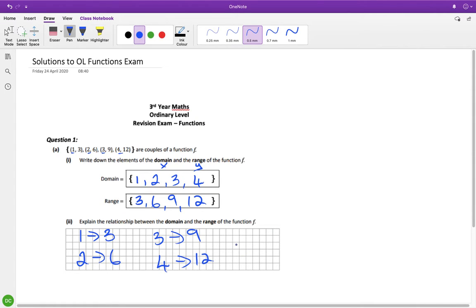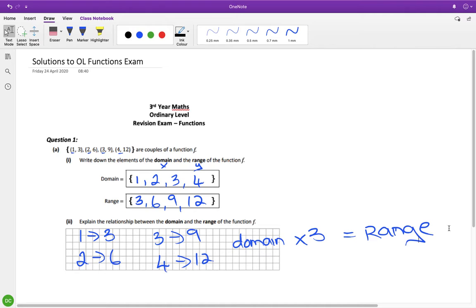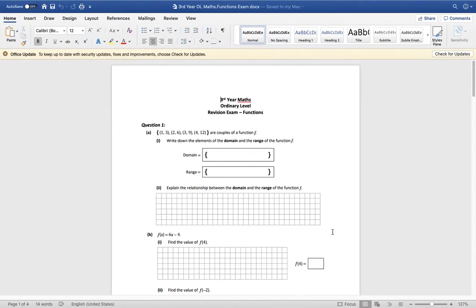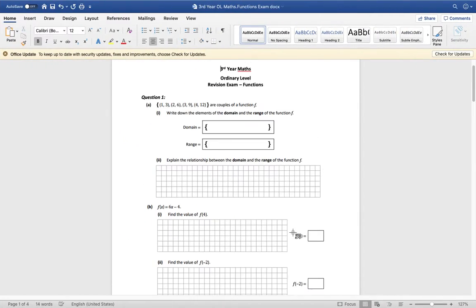Yeah? So basically what we're doing is we're taking the domain, multiplying it by 3 to get the range. Or the range is 3 times bigger, or even just multiply by 3 would get your marks there. And then these two,